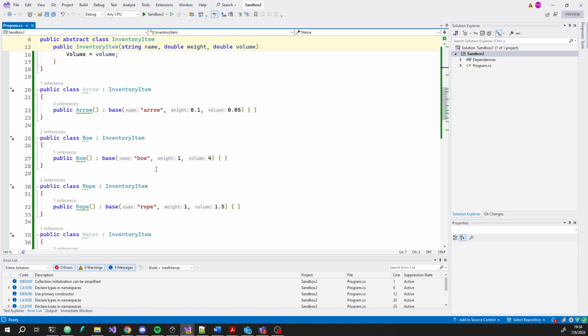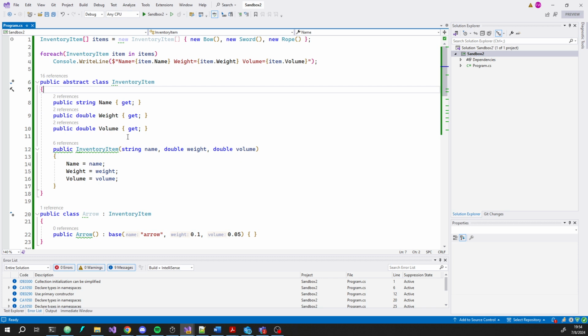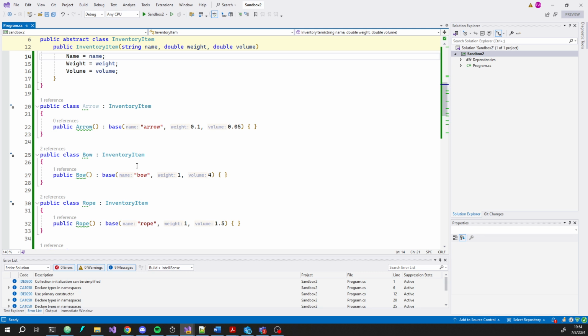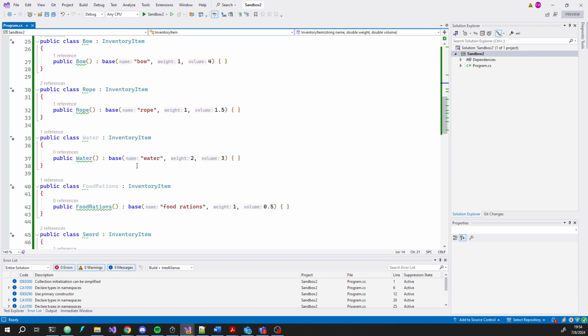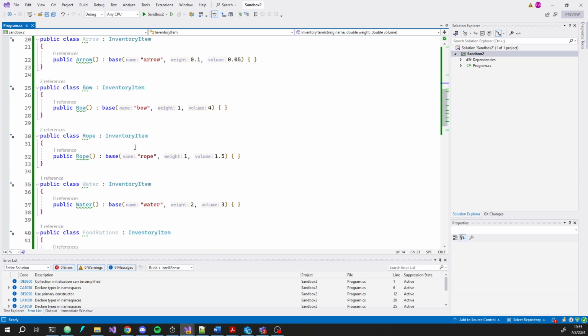Okay. Now that we have all of these derived classes, there's something else I want to say about this whole inheritance thing. And that is, if this was literally the end of it, like if I didn't need to do more than what I've got here, I actually don't think I would use inheritance. If the only way that types differ is the values that they're using, it's